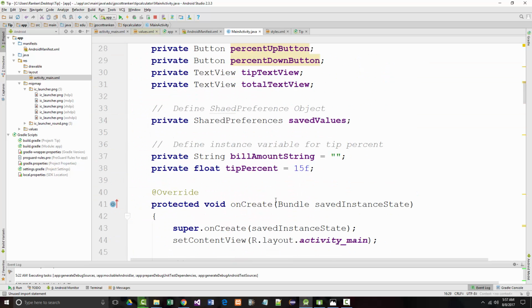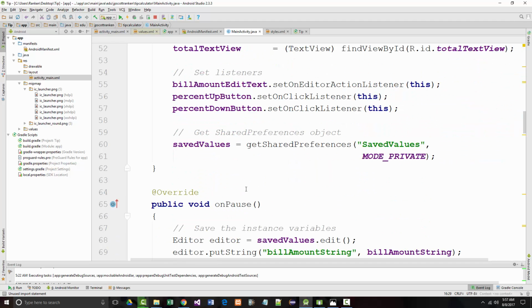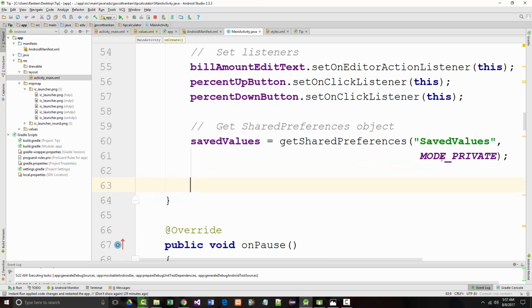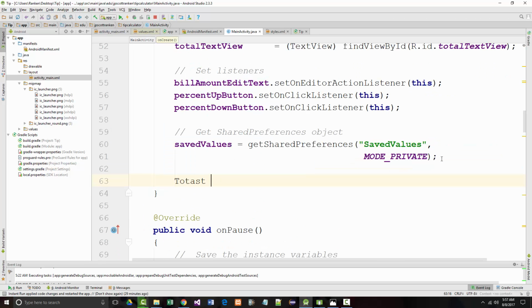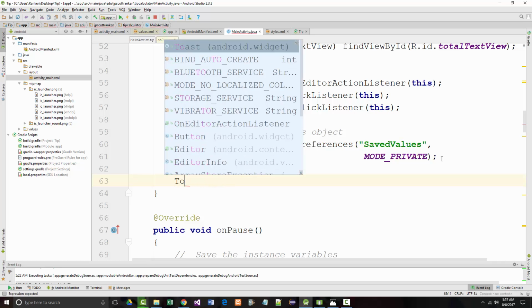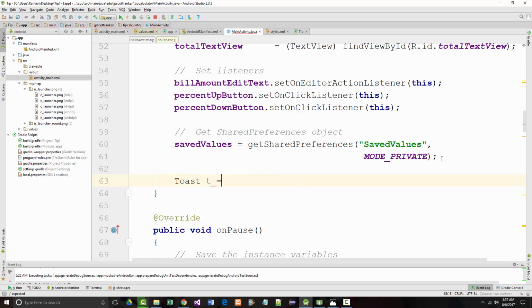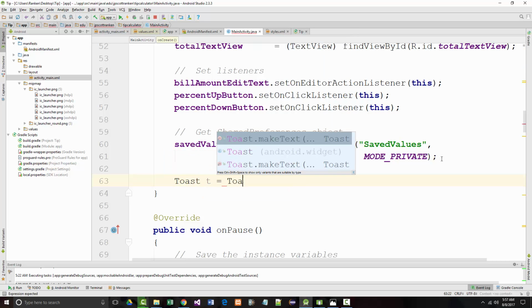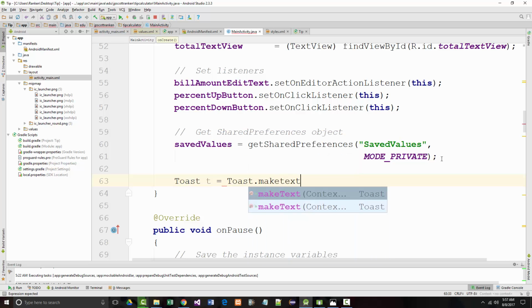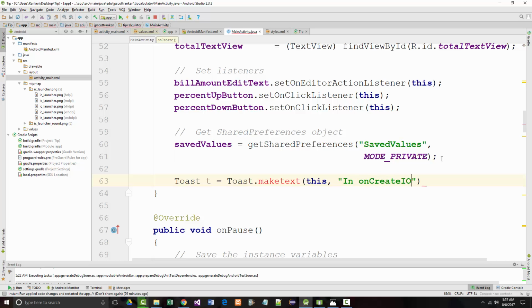And what I could have done is in my onCreate right here, okay, I can come in here and say Toast t, you gotta spell it right though, Toast t, you can call it anything you want, equals Toast dot makeText this, and then a message here, in onCreate method,